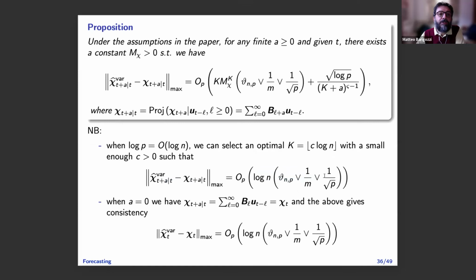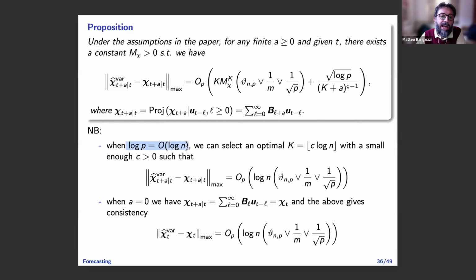On the other one, for the forecast, this is the error due to estimation only, because this is the unfeasible prediction. It's more complicated because the unfeasible prediction will use infinite lags, while here you need to use a finite number of lags, so you need to truncate, so this capital K appears everywhere. So things might go wrong here in that case, okay?